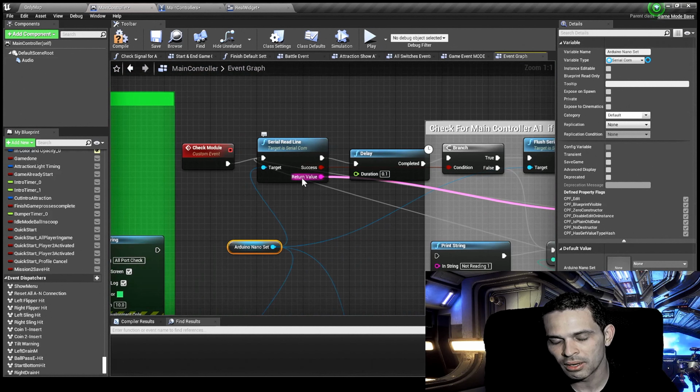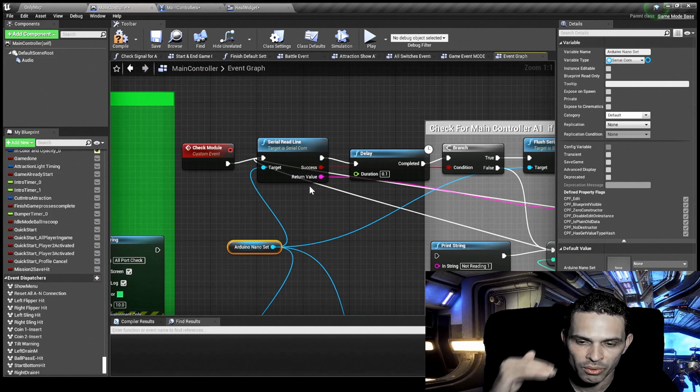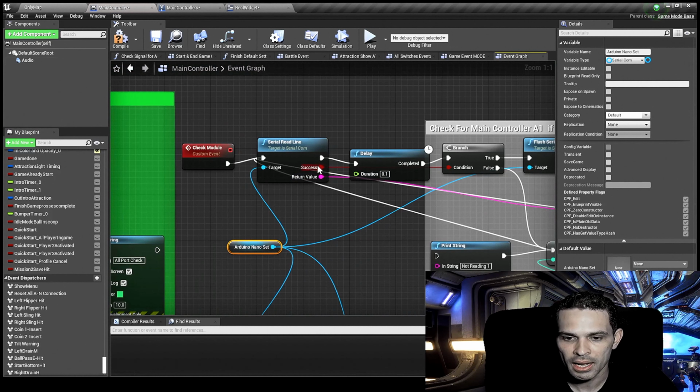Remember, if you see my other videos, I say it will check the string, and this is the string that is checking on that serial. It will check that string the Arduino is typing. Okay, now if